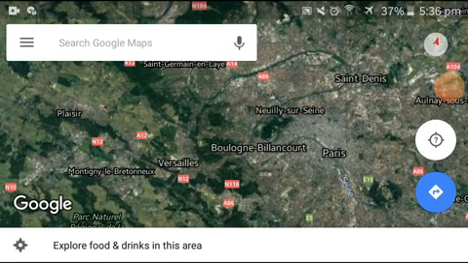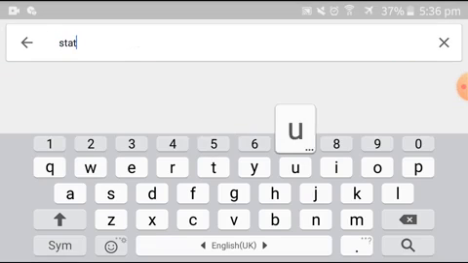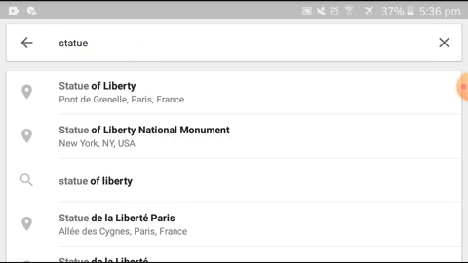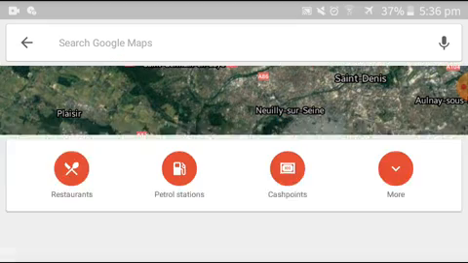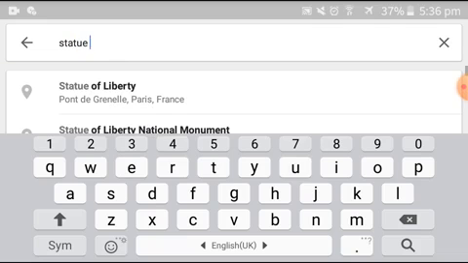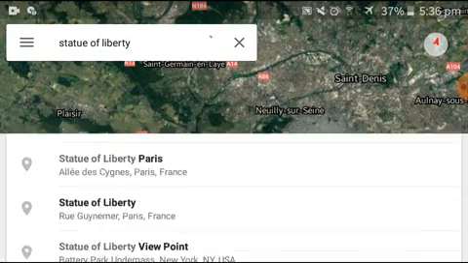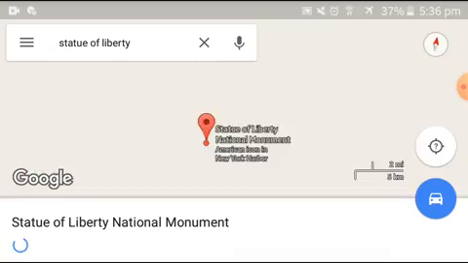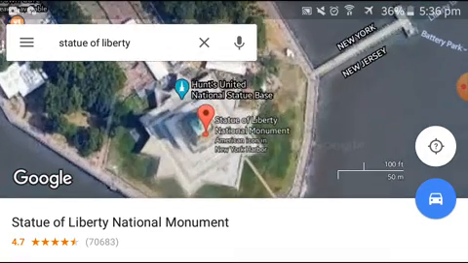If we want to see the Statue of Liberty, let's search for it. Statue of Liberty. So this is the Statue of Liberty.